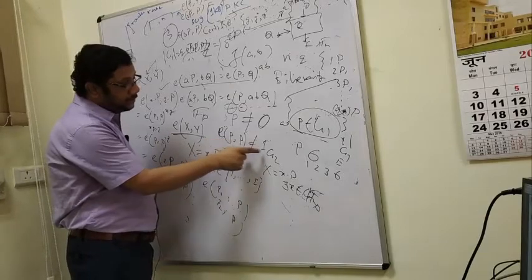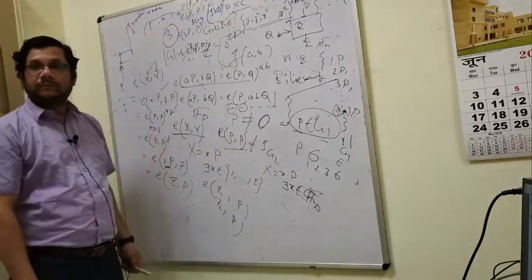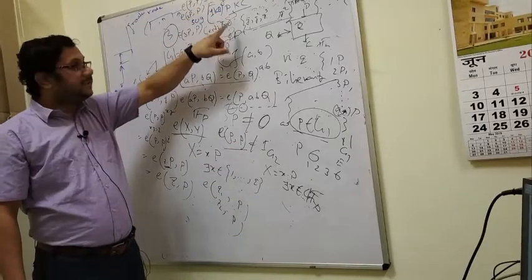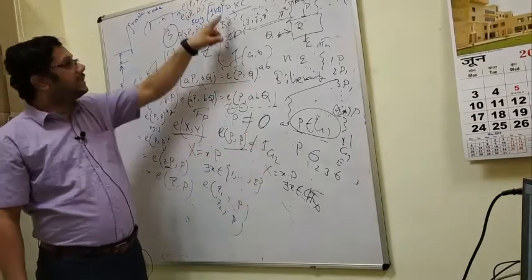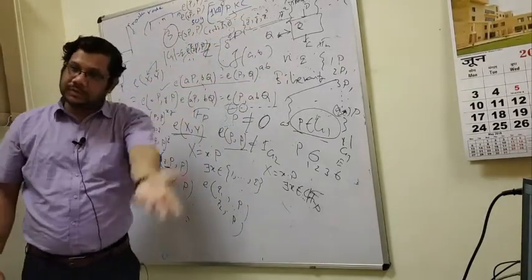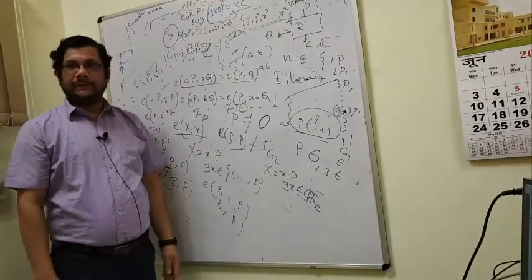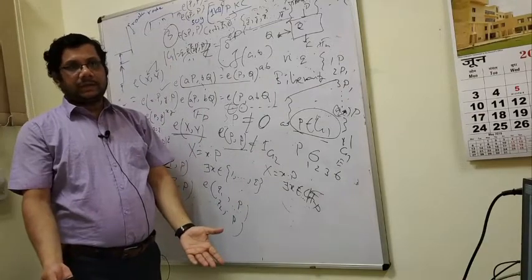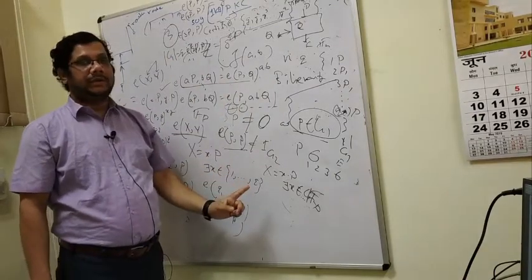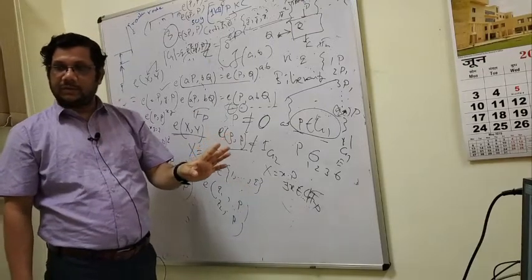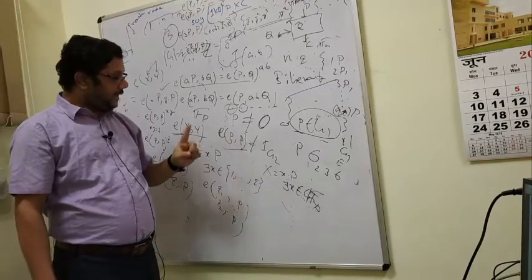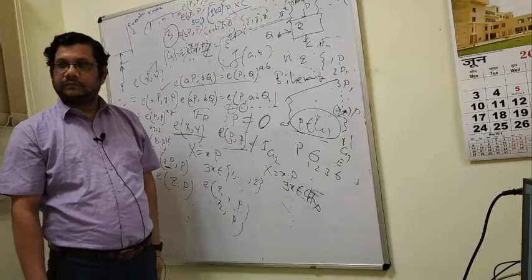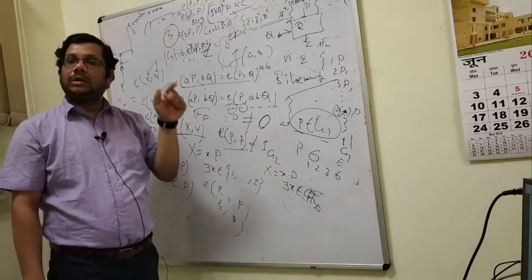So e(P,P) must not be the identity element in G2, because e(P,P) is g. If this g is the identity element in G2, then however much you do, g, g square, g cube, it will be g again and again. Only one element is getting generated if g is the identity element. We don't want such a situation. So this condition must be satisfied: e(P,P) must not be equal to the identity element in G2. This property is called non-degeneracy.